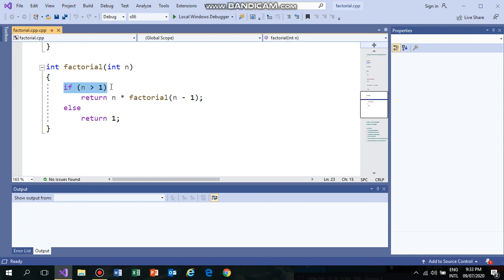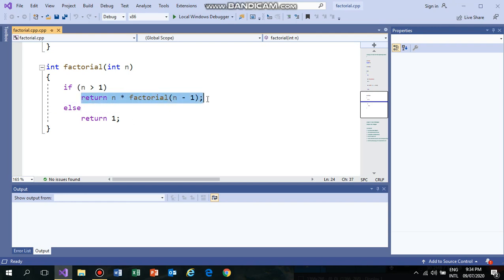Now that is the condition, the if else condition. And what is this condition? If n is greater than 1, here is the condition of the if statement: if the value of the integer n is greater than 1, then the function will run, otherwise not.